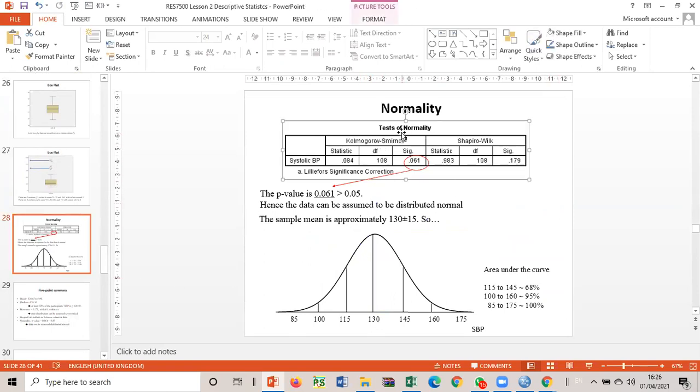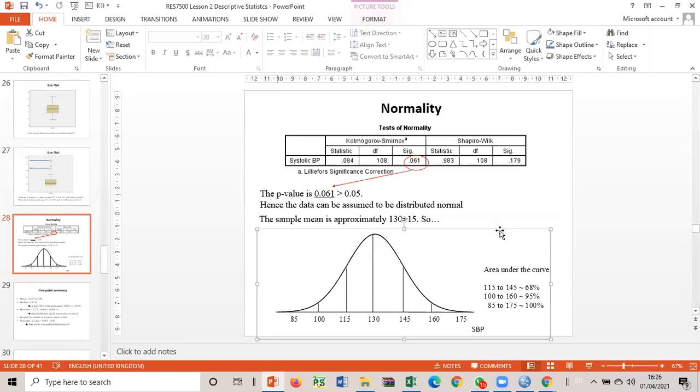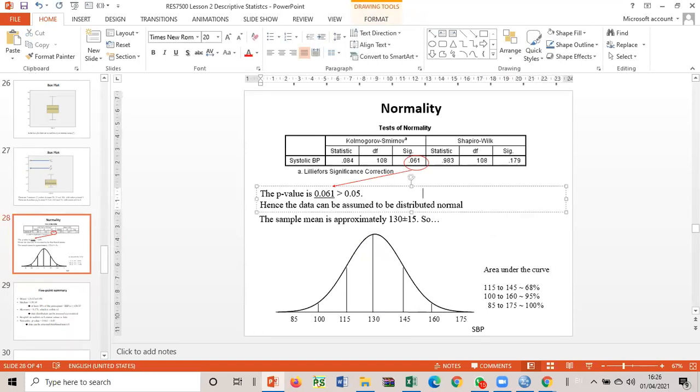In this output, the Sig values are called the p-values. There are 2 tests given, Kolmogorov-Smirnov and Shapiro-Wilk. When the sample size is large, more than 50,